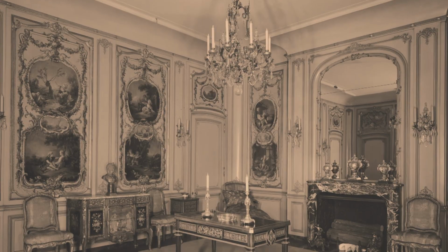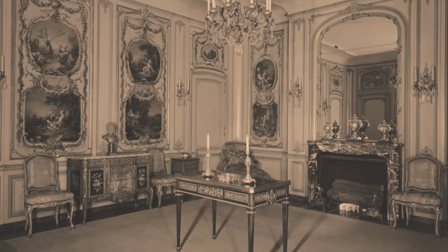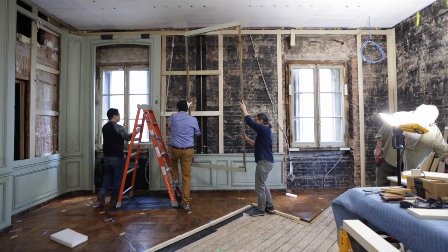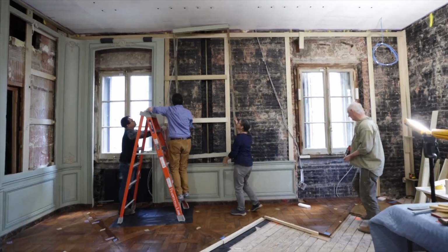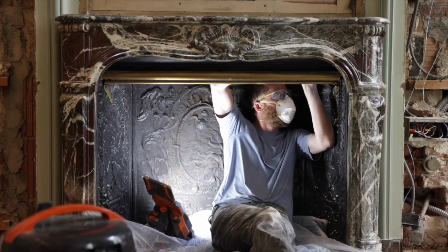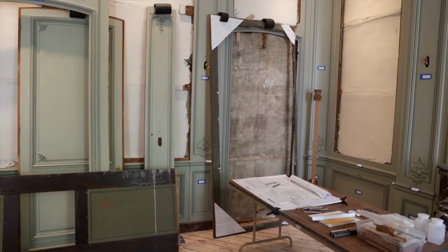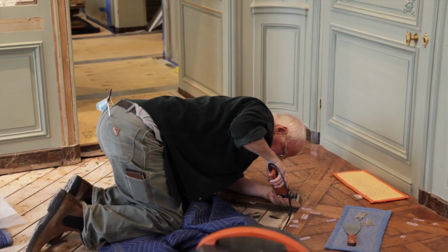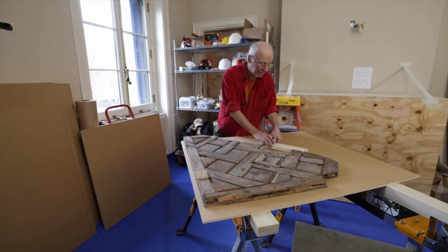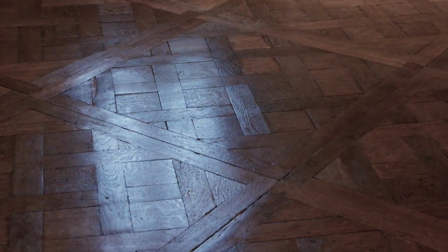When we opened to the public in 1935, that whole room was actually moved down to the ground floor so that the public could access it. It's a very arduous process to move piece by piece an entire 18th century French room. The number of specialists who were involved in this, from people who do pigment analysis, to specialty wood carving, to moving every single piece of the 18th century French parquet floor, one piece at a time,